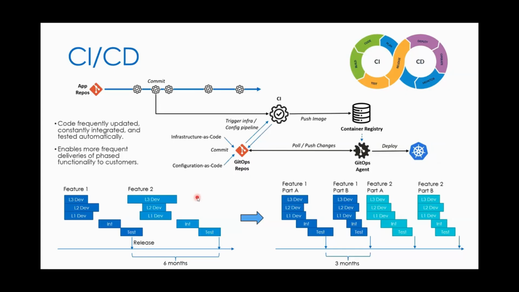And that has affected how software is developed. Sometimes you hear the term, the old school waterfall model versus the more agile CI/CD model. So the old way, the idea was I might have a particular feature. It may touch multiple domains, say layer 1, layer 2, layer 3. Each of those groups is going to go off and do their portion of the code. And then when everybody's done, we're going to put it together. We're going to integrate it, and then we're going to test it. And if we're lucky, we make the scheduled release timeline.